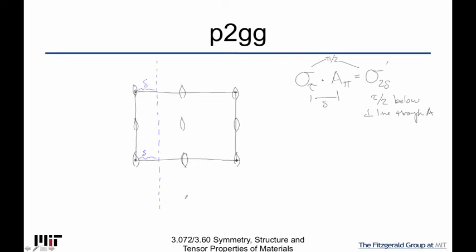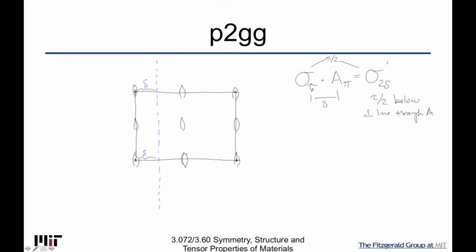And so what it tells us is that, okay, fine, I'm offset by delta. And then now I need to go tau over 2 below this line that is passing through A. So if we pick this point, for example,